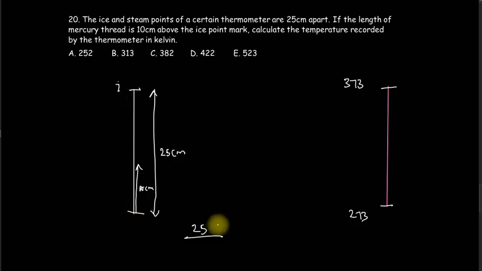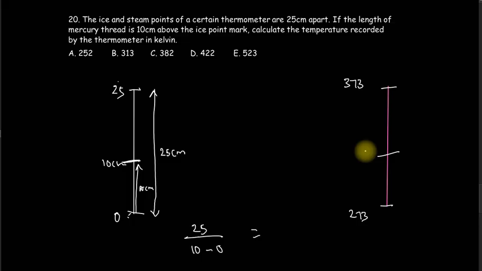That's the concept. So 25 cm over what? Middle minus lower. The middle we have is 10 cm, right? 10 minus lower. What's the lower point? It's going to be 0. So 25 minus 0 all over 10 minus 0 is equal to,